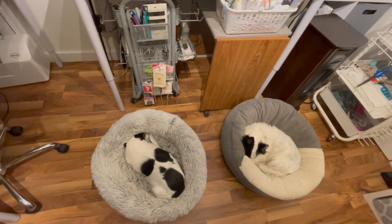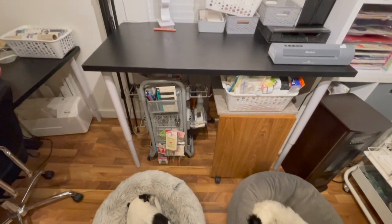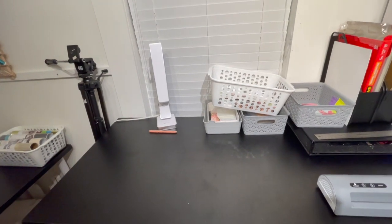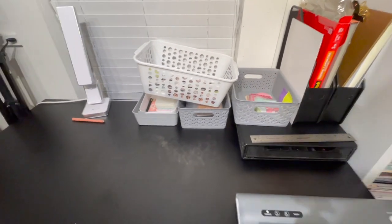So, like I said, only a 9x11 room, and this is in the middle, so I keep having to walk around it. Anyway, this is my work table that I stand at. This is where I make my cash envelopes. And if you don't know what a cash envelope is,